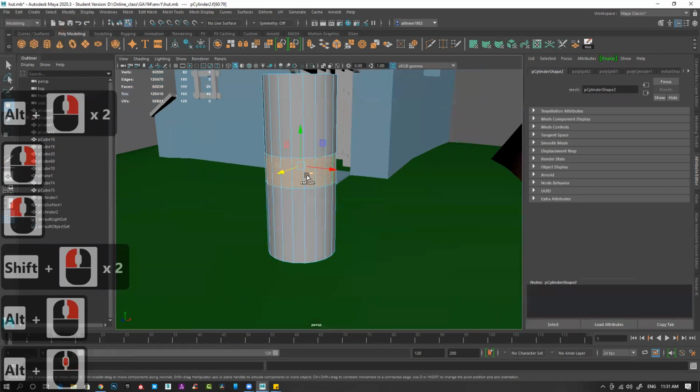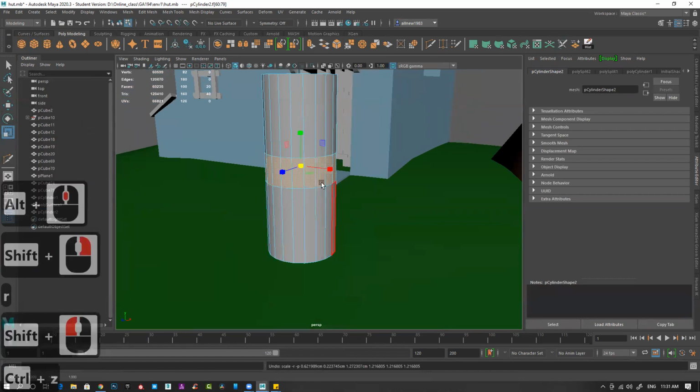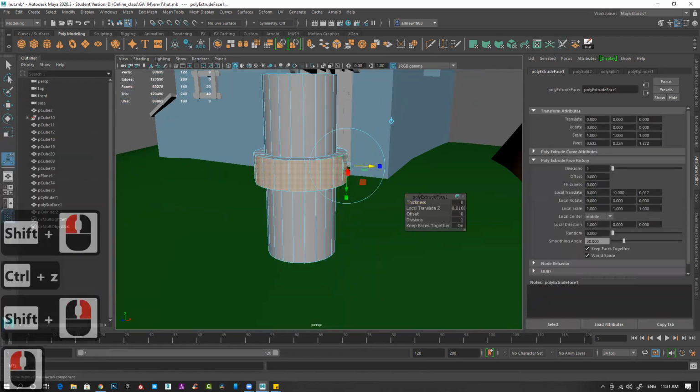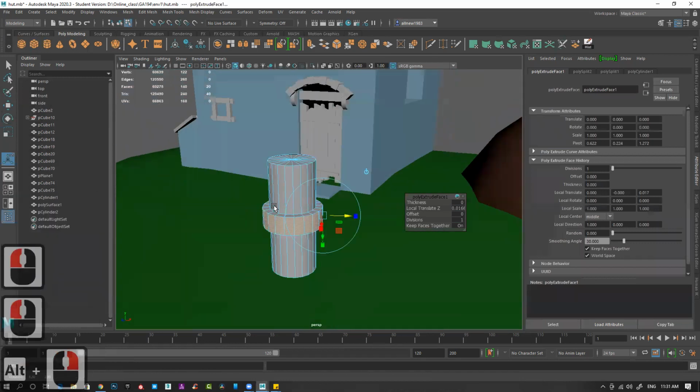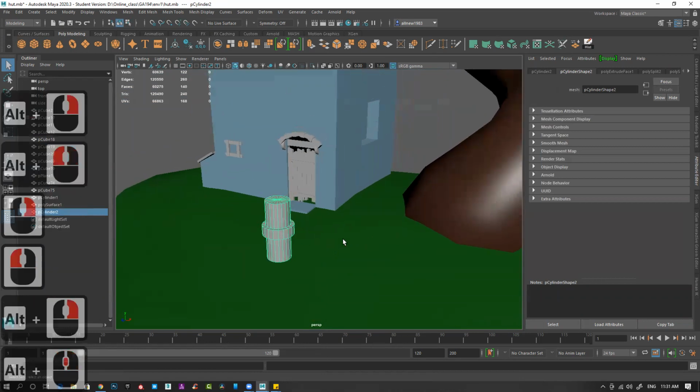I could extrude like this also, but I don't want that. I want to extrude nicely, in a straight line. Suppose this is what I want. I want to repeat this thing.